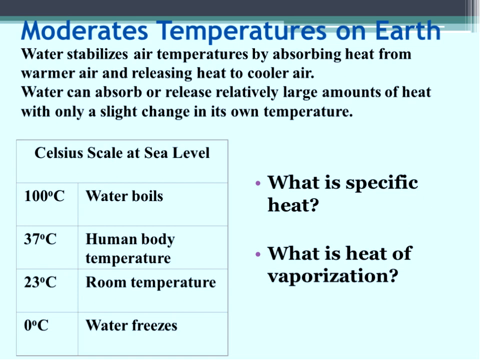All right, so we also know that it moderates temperatures on Earth, right? Florida is a great example of that. Water stabilizes air temperatures by absorbing heat from warmer air and releasing heat to cooler air. Water can absorb or release large amounts of heat with only a slight change in its own temperature. So what I'm trying to tell you there is the reason why Florida doesn't get to 120, it feels like